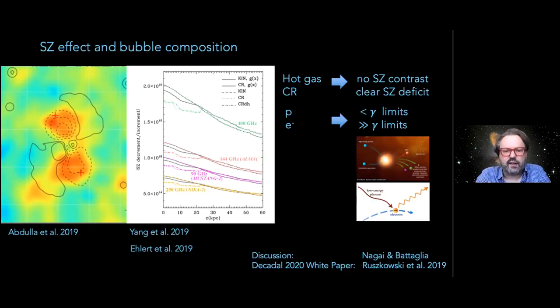I think the best thing to do, the objective of this slide was to emphasize that these things have to be filled with cosmic rays as opposed to the hot gas, right? And we can have a debate on whether this is cosmic ray protons or electrons. And I think a very good venue for this would be the discussion close to the end of this workshop. As far as I remember, I think it's maybe 7th or 8th week where Daisuke Nagai and Nick Battaglia will be talking specifically about these